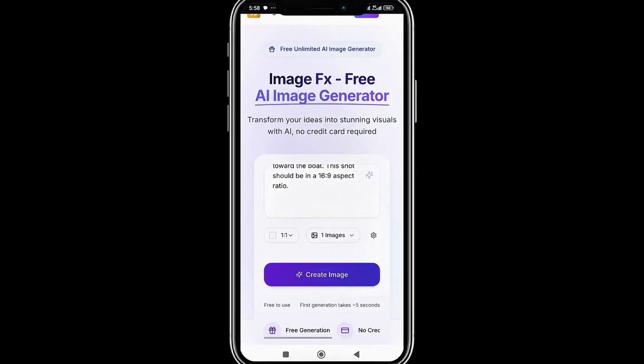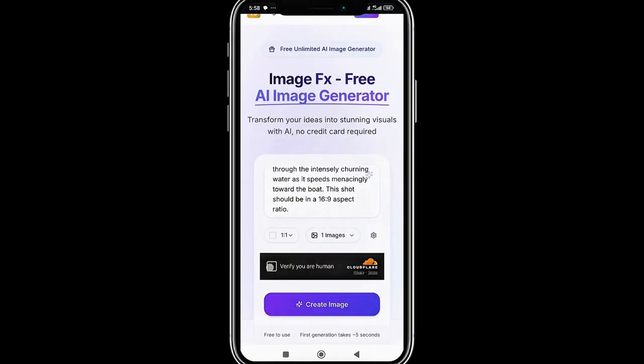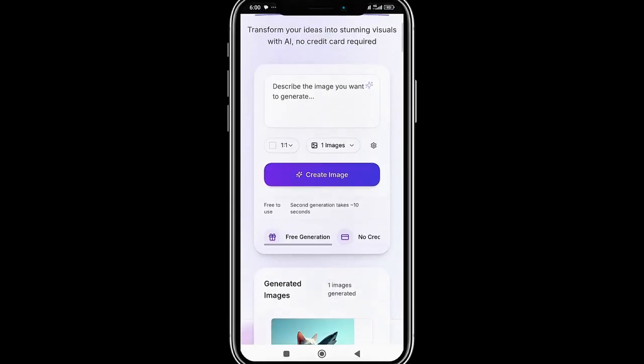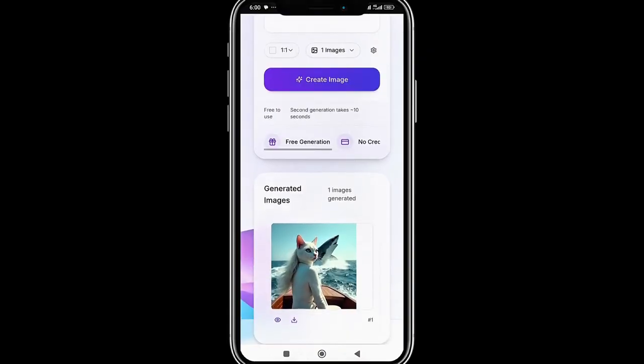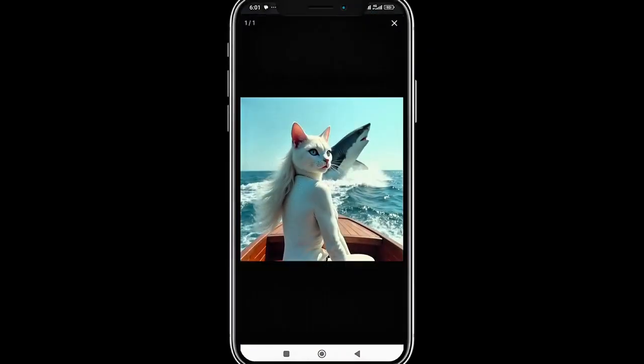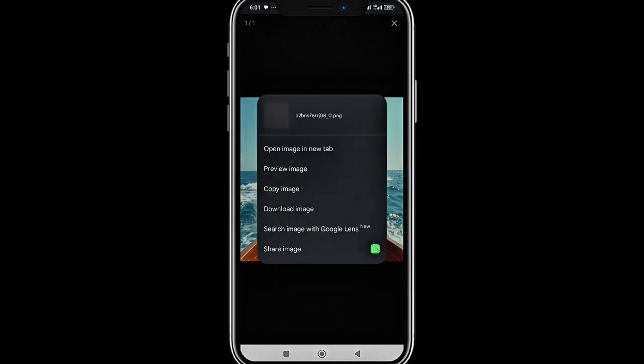We'll click on create an image, which will ask us to verify if we're human, and our image generation starts generating. Our image is here. This is the image it gave us, which did pretty decent, but it's unlimited, it's free. I'm going to press down my screen to bring out the option for me to download it, and I've downloaded